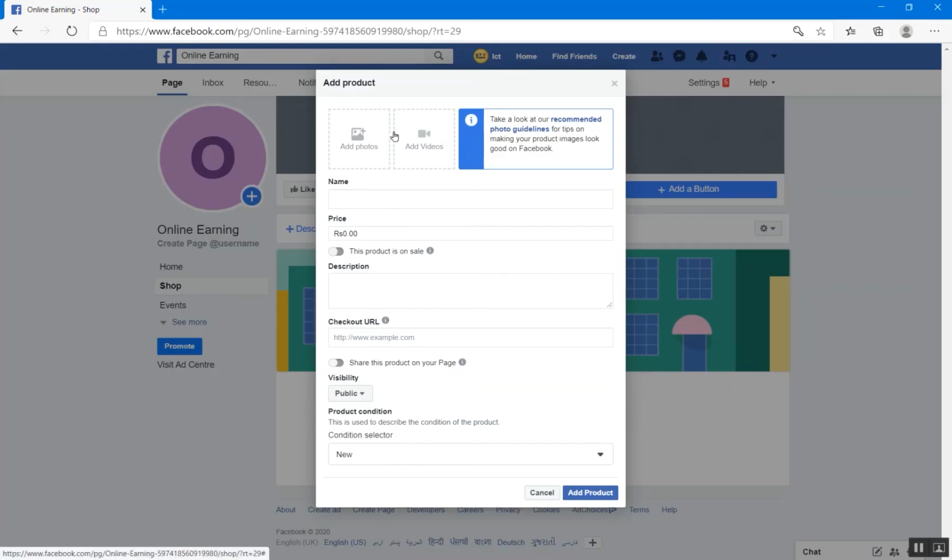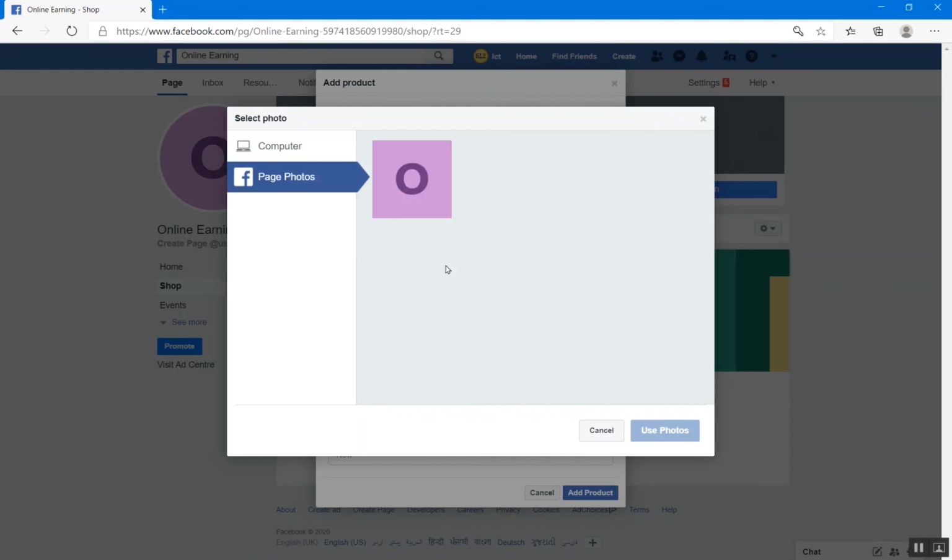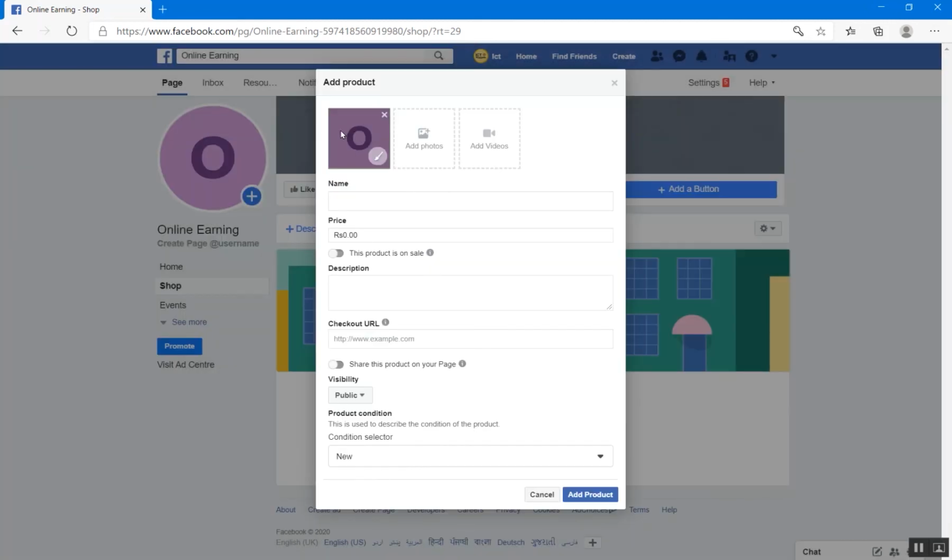you have to add pictures of your products. You can add pictures, you can add videos. Let's add a photo, and you can add the photo from your files. You can drag and drop photos over here. Currently I am just clicking on the page photos, and from here I'm picking this photo and clicking on use photo. So for example, I have uploaded the photo of my product, and this is the name of